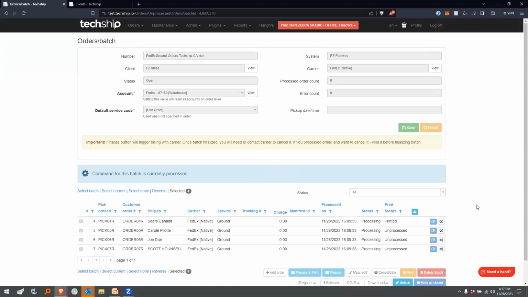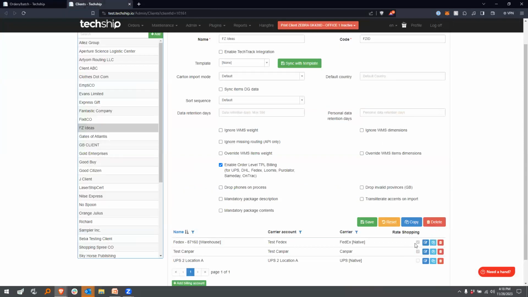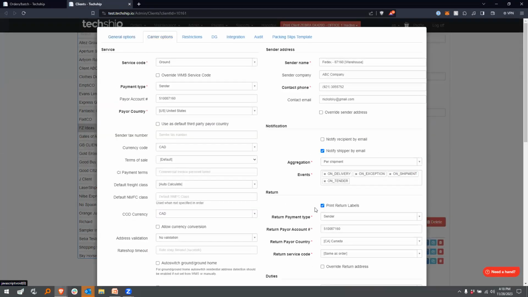So in that case, you have to be extremely careful not to have orders with a different service level. Maybe in a batch of 200 orders, you might have some orders that go ground and some other orders that go, let's say, second day air, for example, right? So in that case, you might be risking it if, within your client section, you chose,